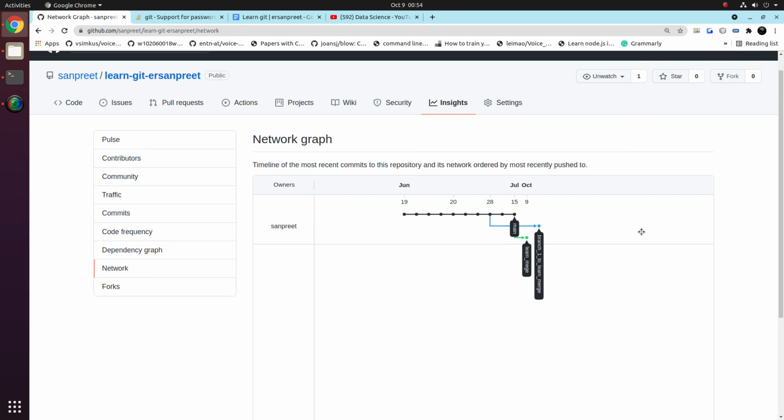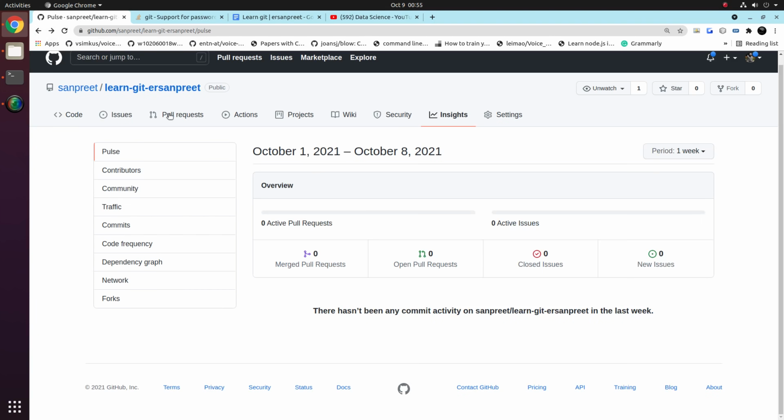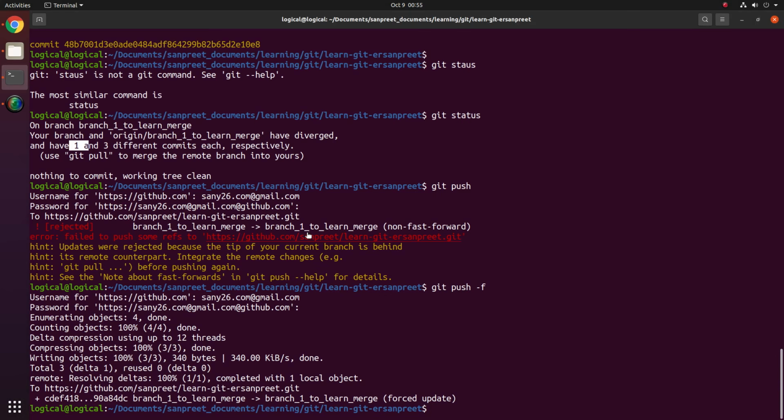It should be at three levels, because three commits have been created, but these three commits have been squashed into one commit, which makes the history very effective to view, whereas you don't lose the changes. So in this way, we can learn how to use git squash.